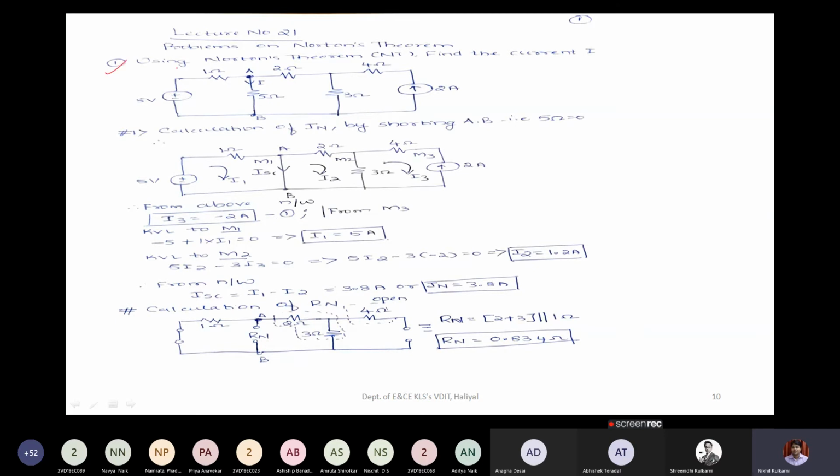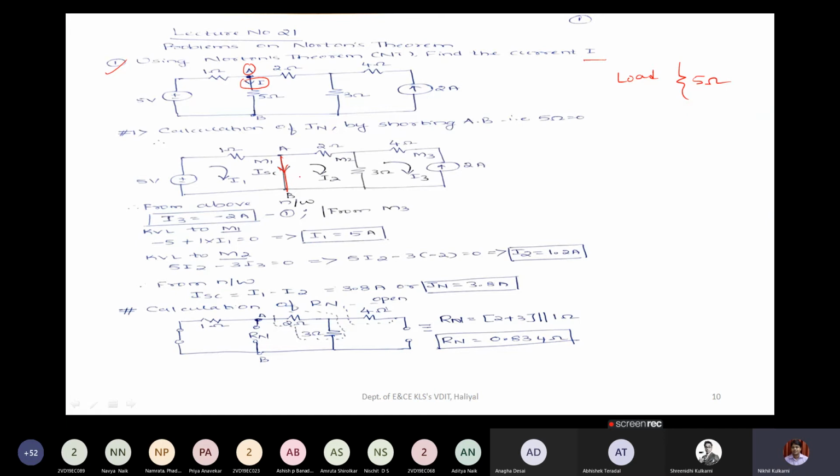In the present problem, what they are asking is, using Norton's theorem, find the current I. So where is that current I located? Here we have the current I. That means the load is now 5 ohms only. So this 5 ohm resistor, where it is connected, you mark with points A and B, or some points X and Y. Depending on that, first you have to short that. Once you short it, you will get this network.